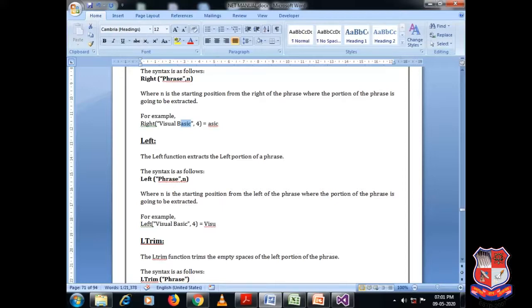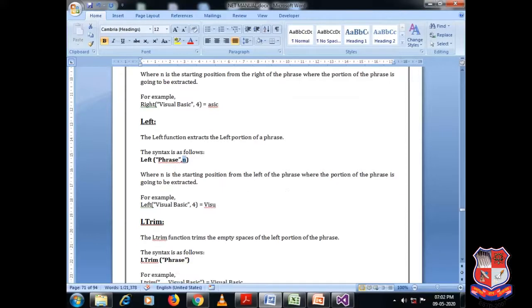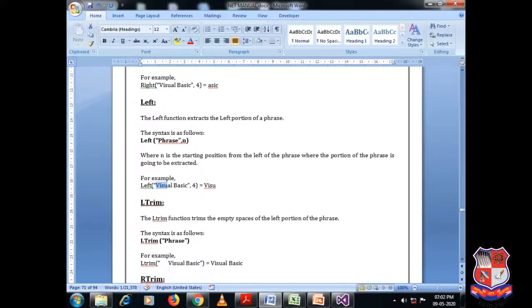Okay, the syntax for that is Left, the given string and the number of characters to be extracted from the left side, where n is the starting position from the left of the phrase where the portion of the phrase is going to be extracted. For example, if I write Left Visual Basic, 4, it returns me VISU, that is the first 4 characters of the given string.